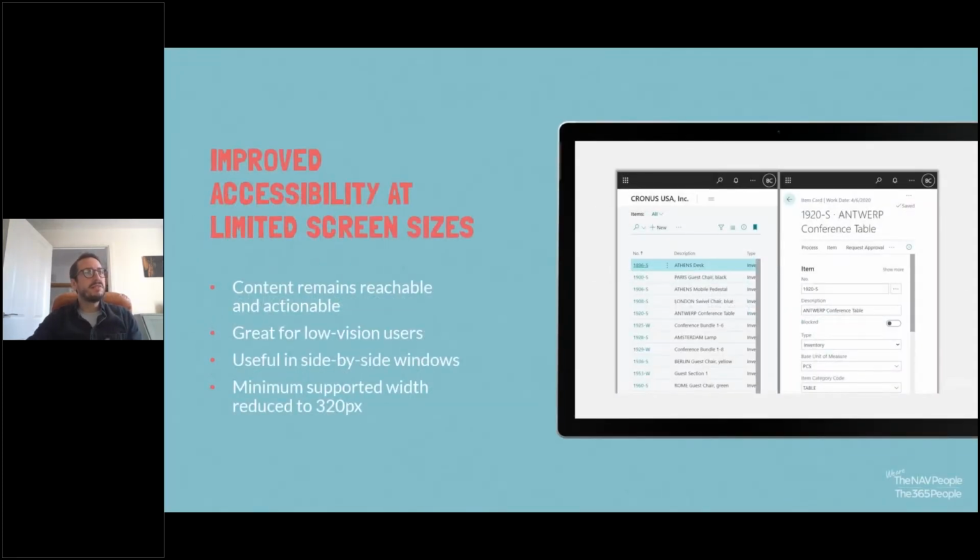Okay, limited accessibility screen sizes. Why this is relevant is in older versions of web applications, they were very much single screen applications. You didn't use them in multiple windows. Microsoft have made it easier for us to have multiple windows open and dock them and make it so that as you move things larger and smaller, it makes sure it uses the screen real estate in the best possible way. But also as you squash the page down, it moves things in such a way that makes sure